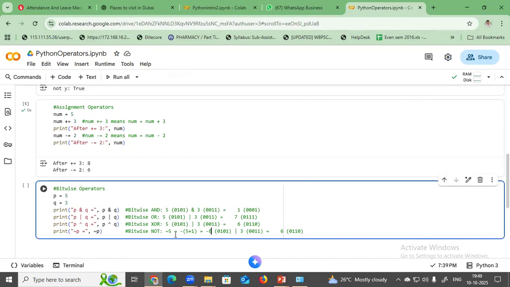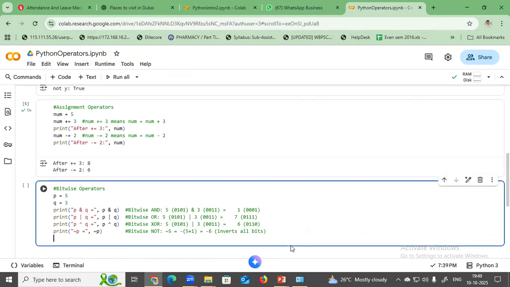So thus it inverts all the bits. Okay, then next one is print